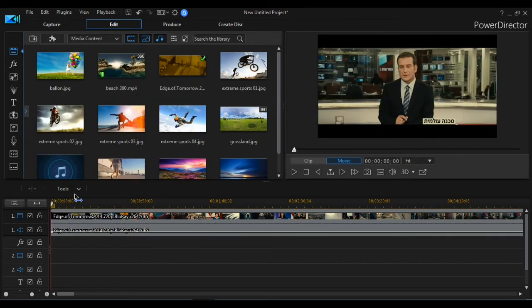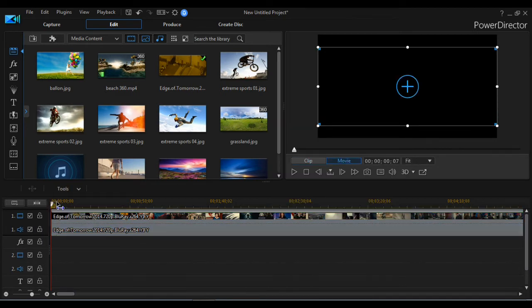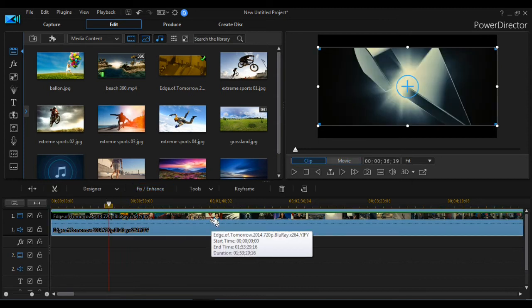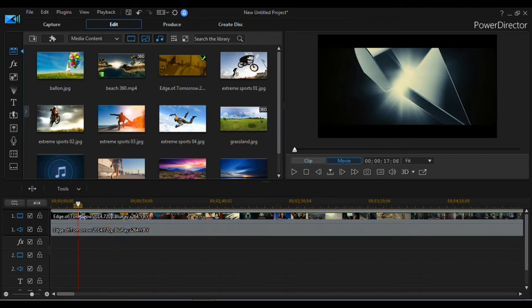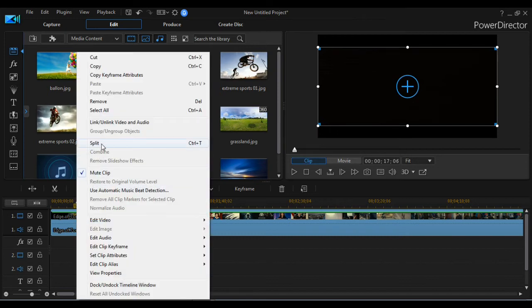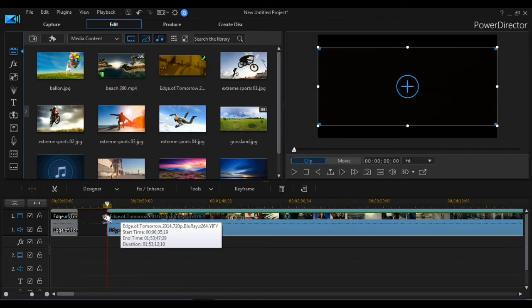After you insert a video, you will be thinking how to trim it or how to split it. First I will show you how to split. If you need to select a particular place like this, and you right click it, you can see the option over here, split or cut. So you can trim or you can split. If you press the split option, the video will be split and you can grab it away.